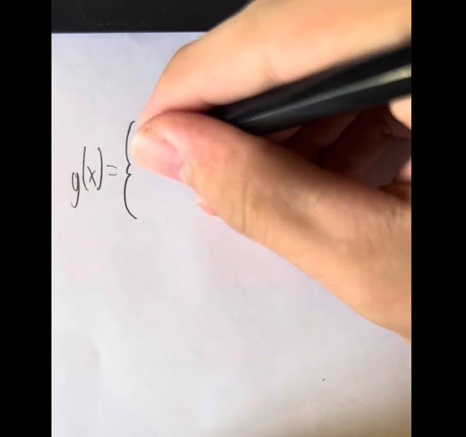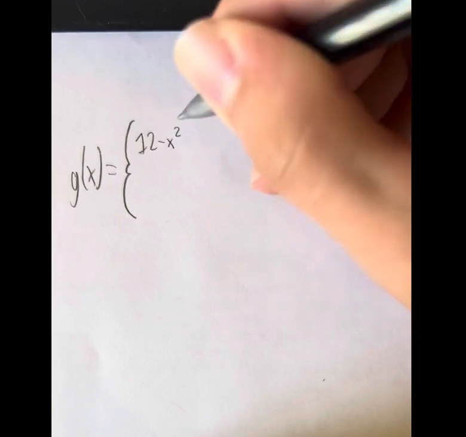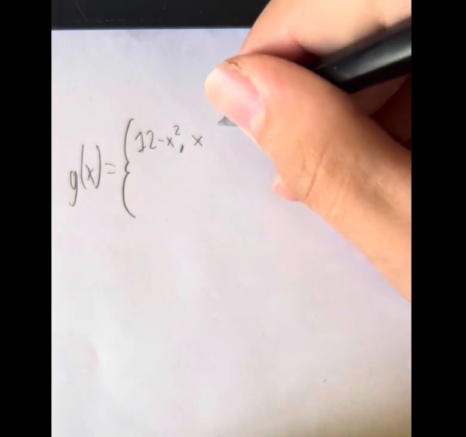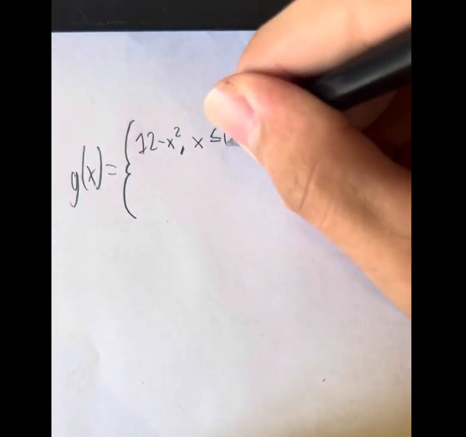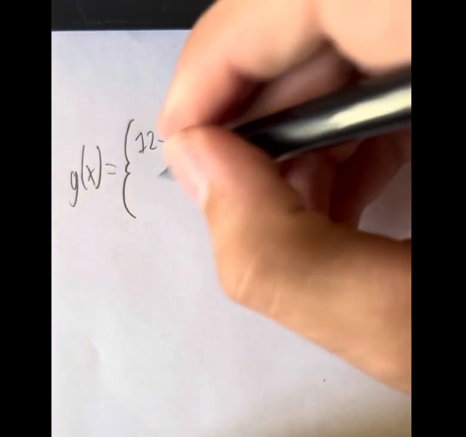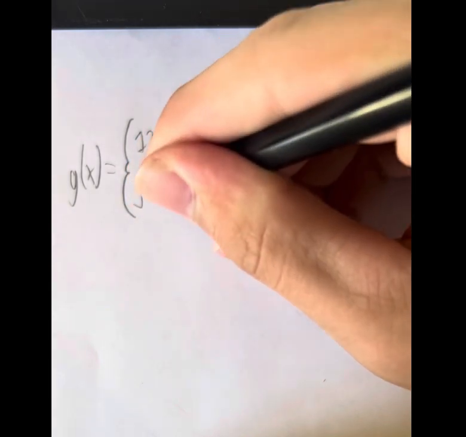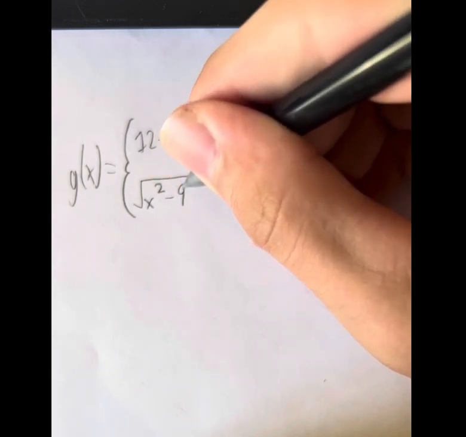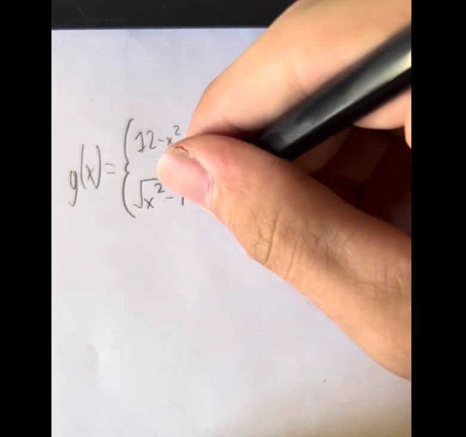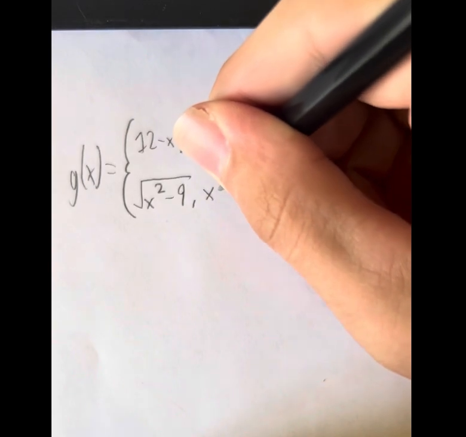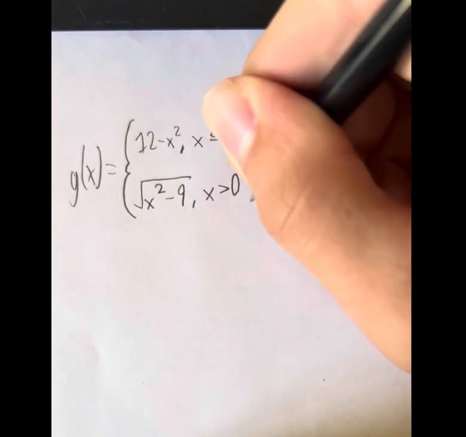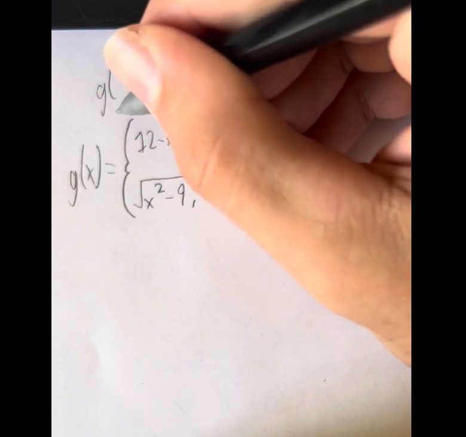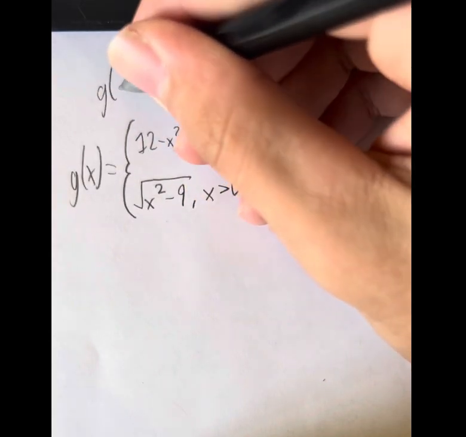One is 12 minus x squared when x is less than or equal to 0, and square root of x squared minus 9 when x is greater than 0. And we want to figure out g of negative 2,